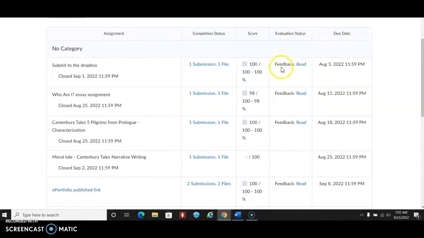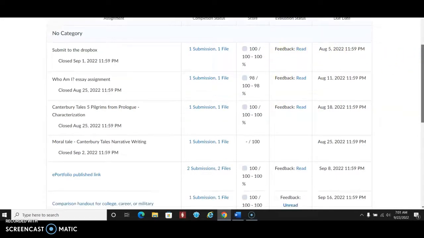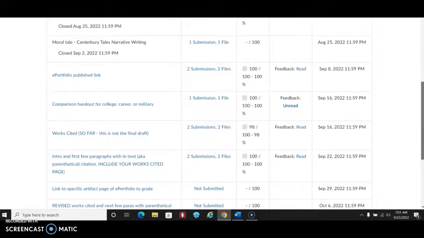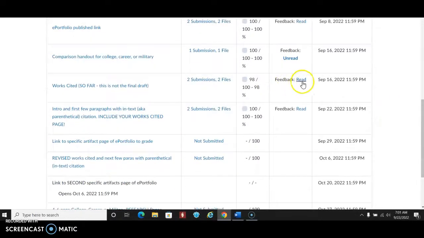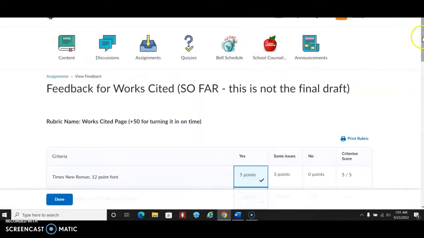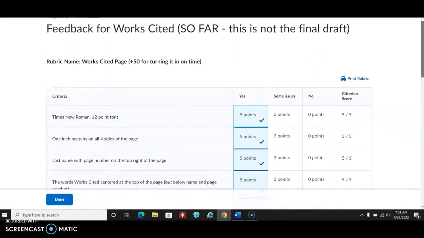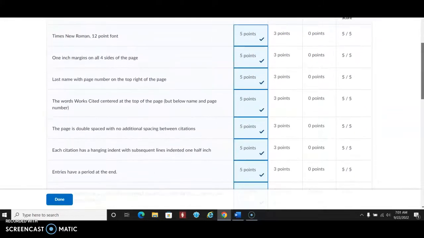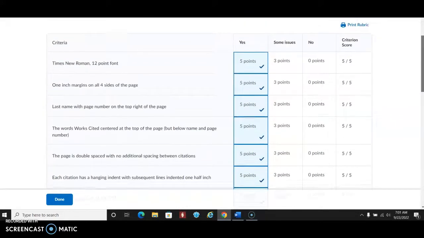the page, you'll see this student has access feedback. If you have not, it would say feedback unread. And what you do is you click on that. So for example, on the works cited, looking at the feedback, you can see that this student scored high points for everything, but if the points were lower, you look at